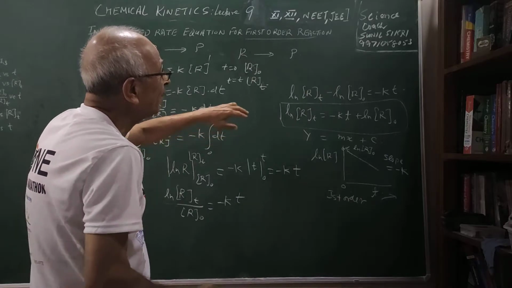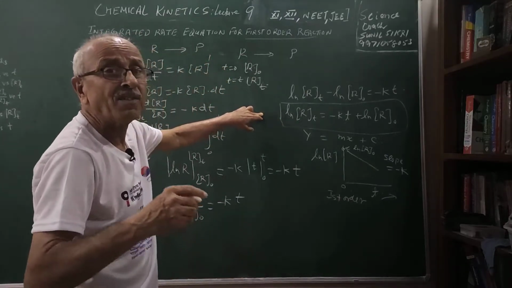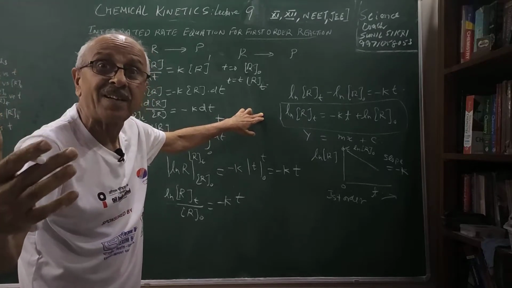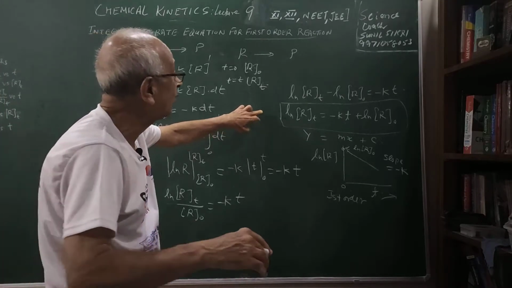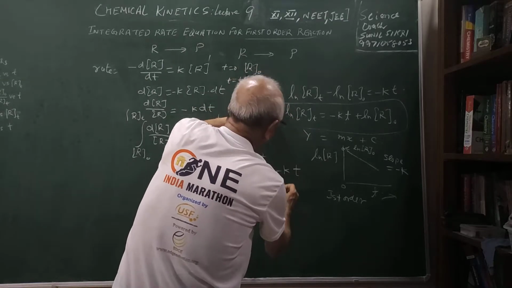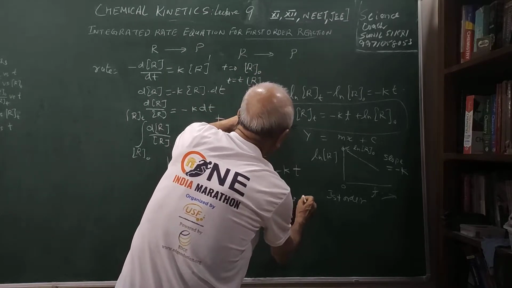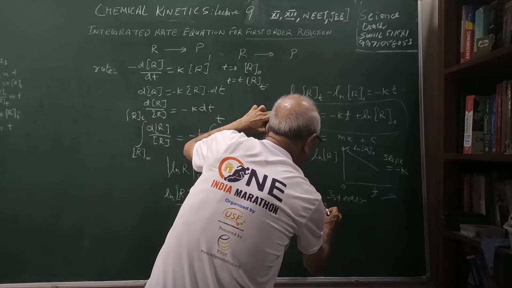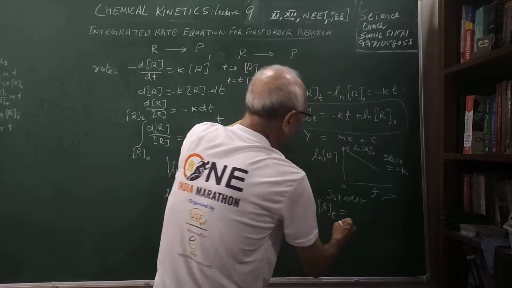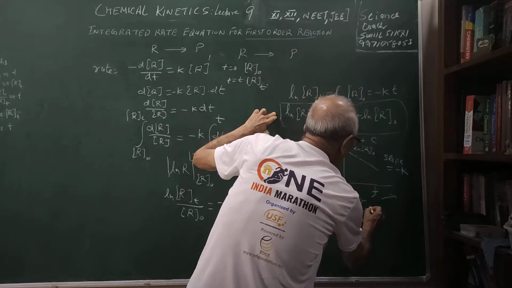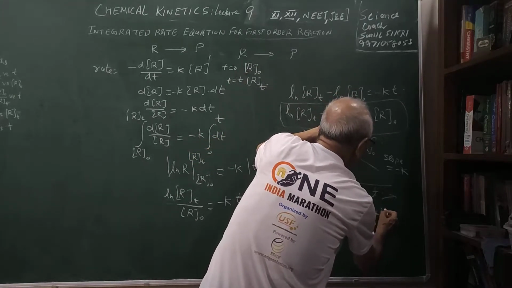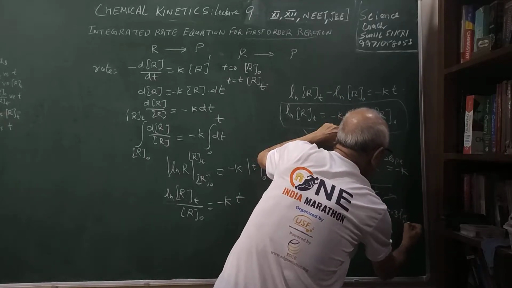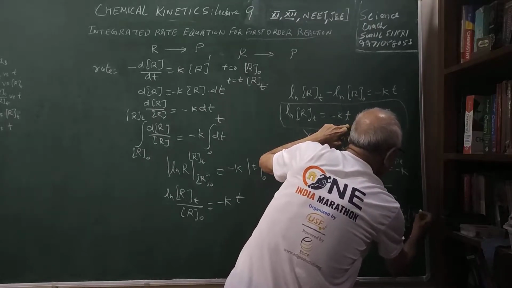So it is important because this is my natural log. If I want to convert into log to the base 10, the values of which are available in the table, and we can use in solving the questions, you already know that this will become 2.303 log to the base 10 of R of t is equal to minus kt, and then here 2.303 log to the base 10 of R0.